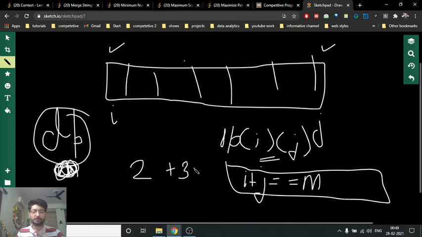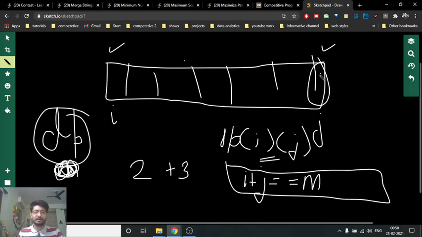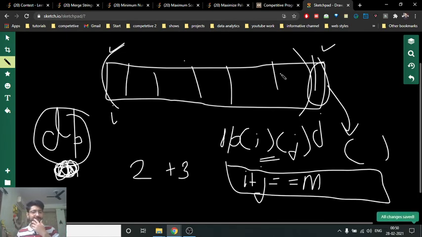Or else you have two options for every state. Either I take out the current element from the start, multiply this value with the ith multiplier, and move on with the remaining array. Or the next option is to take out the last element from this array, multiply it with the ith multiplier, and move on with the remaining array. Then you keep doing this, and when i plus j becomes equal to m, you just stop. I hope you understand the logic; it's just storing all the values in the DP table, and that's the whole logic.